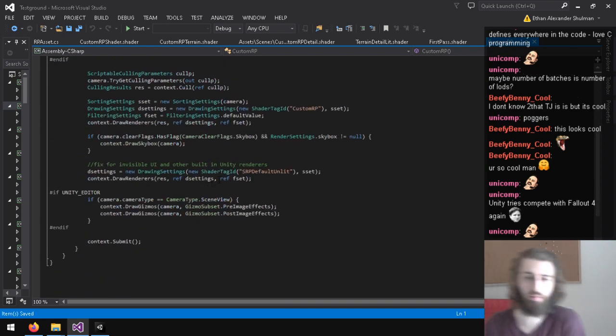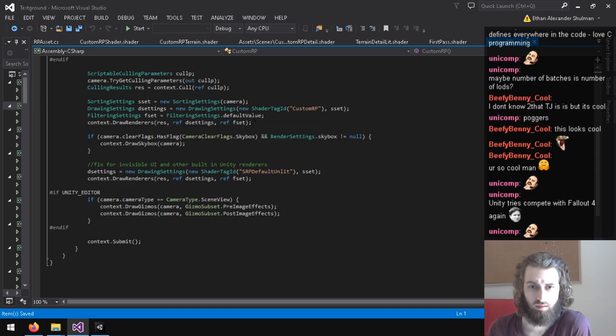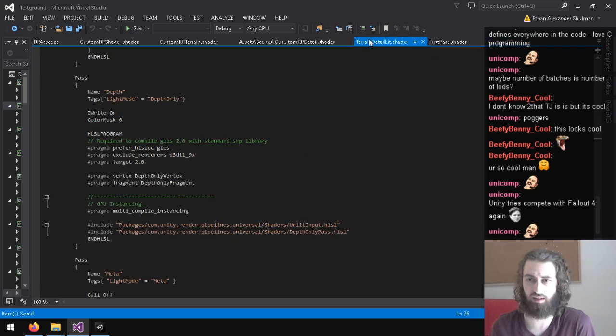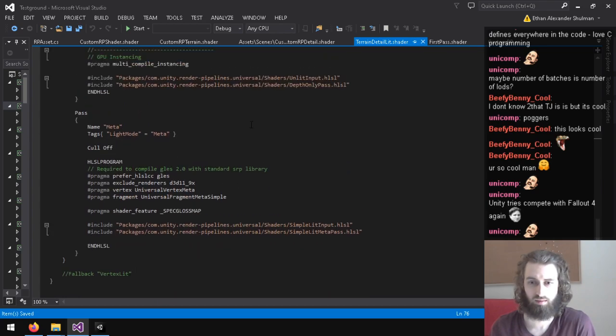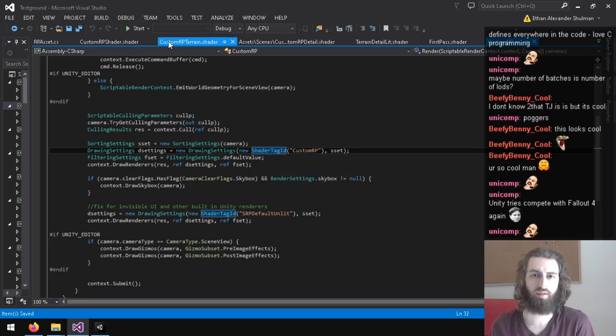Like, I'm thinking maybe I need another shader tag here. Instead of doing custom RP and instead of SRP default unlit, I need one for like terrain. But why don't they document that then if you need that? And I mean, the terrain is actually rendered through this. So